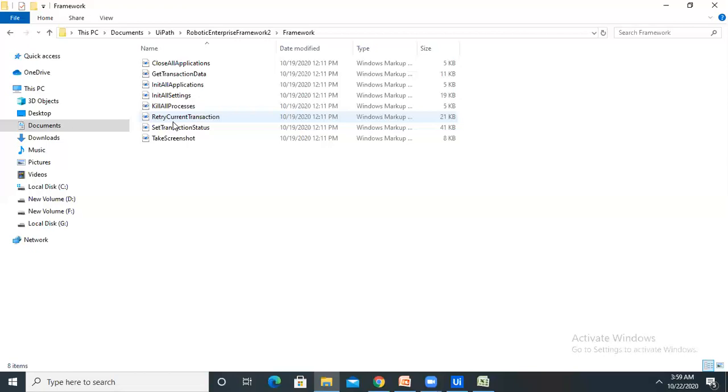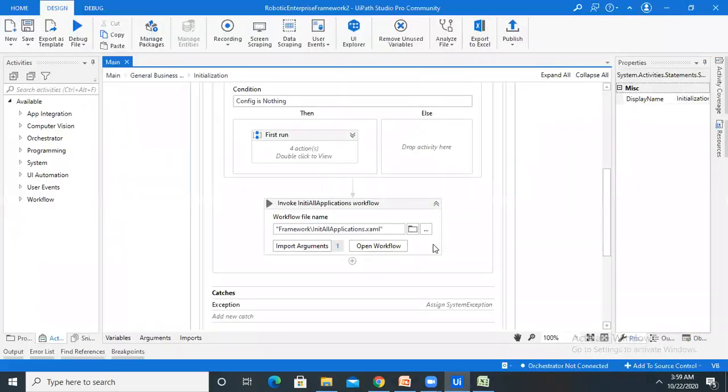So the UiPath framework is built in a way that we can initialize all the necessary applications here in the init state, and if the conditions we build are met, the bot will then move forward with processing the transaction. Otherwise, it will jump to end process. So for invoking any code or process, if you want to invoke it, you can.